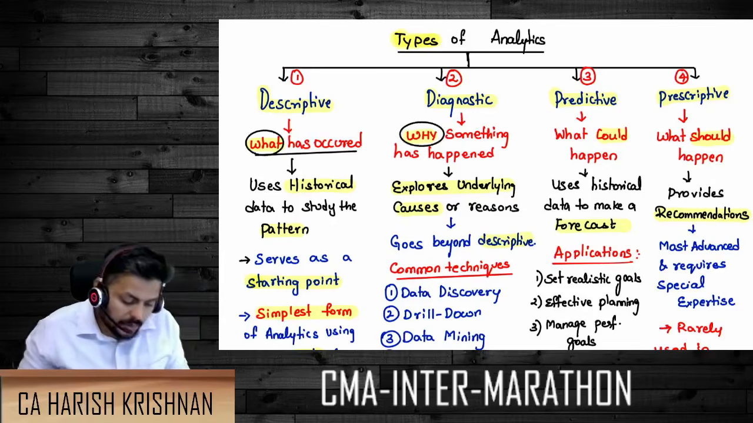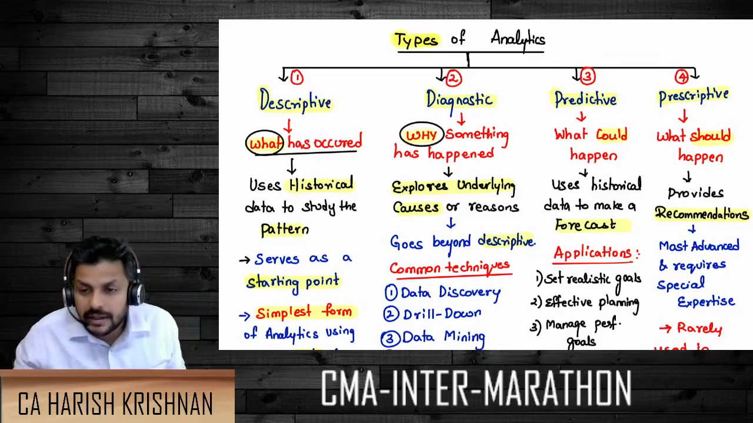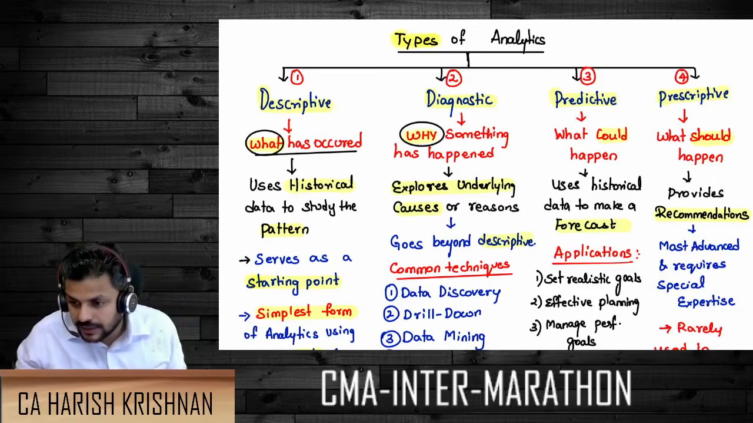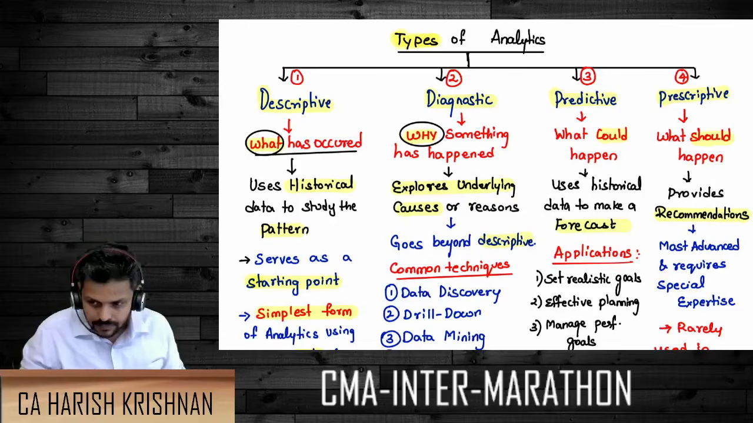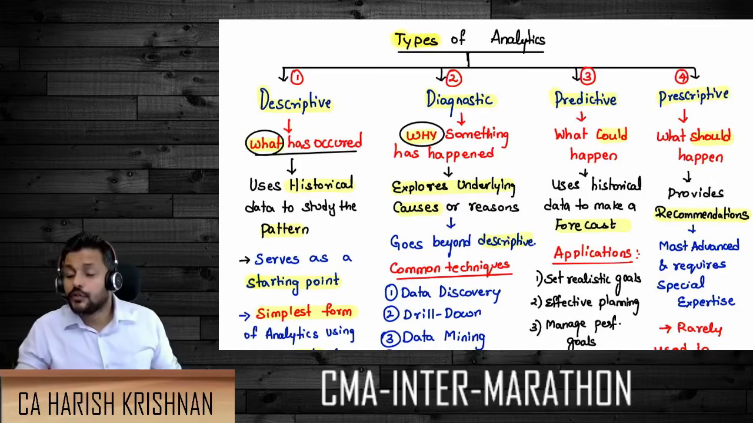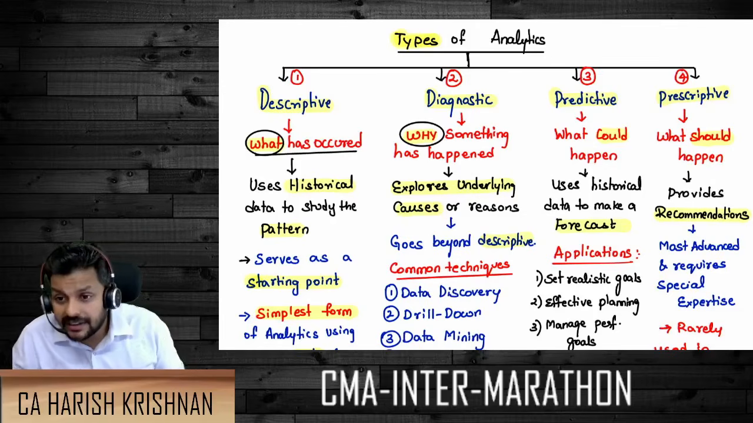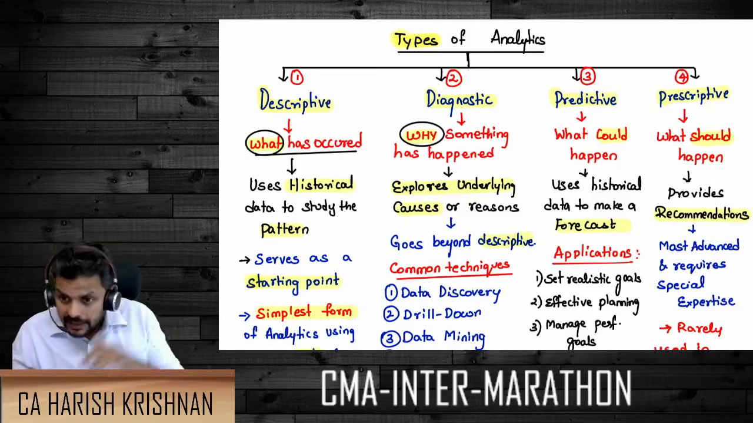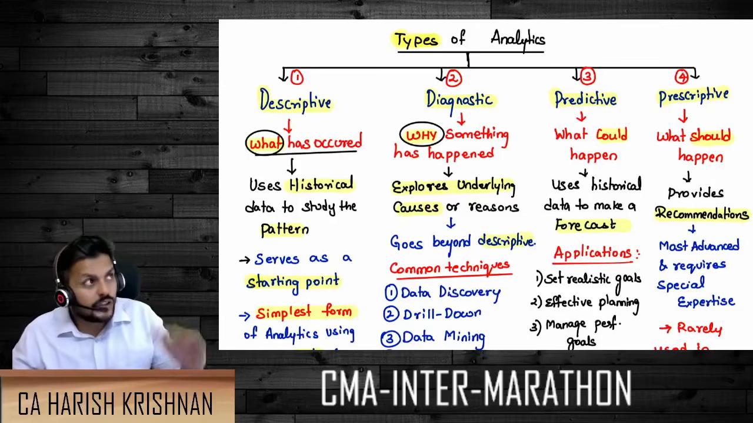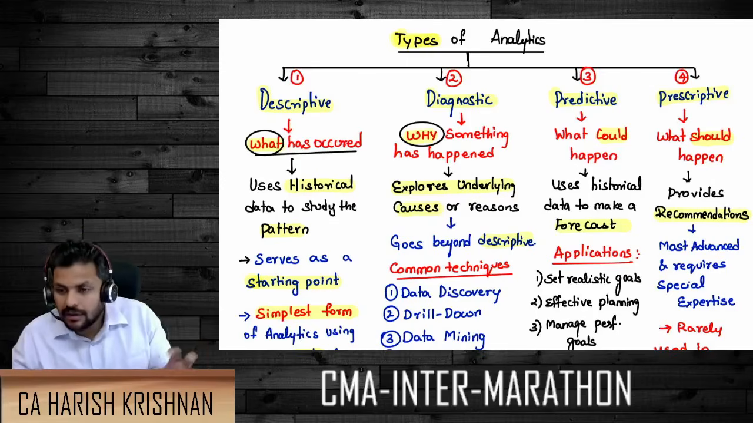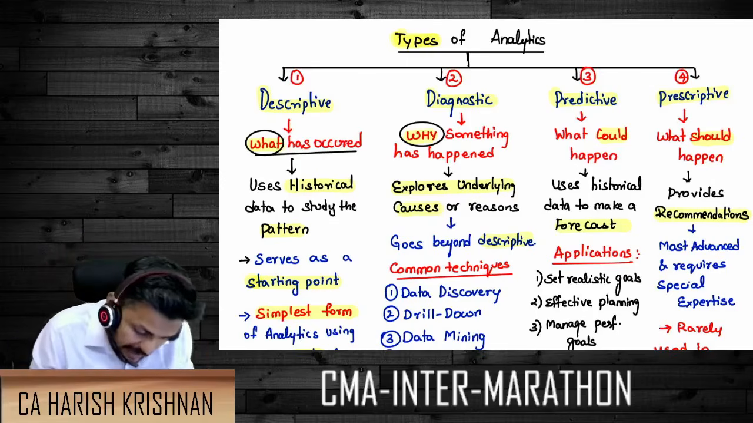But when you talk about why it happened, then it is called diagnostic analysis. The next type of analysis is called predictive analysis. This is more like, based on the current data, using historical data, you are telling what could possibly happen,